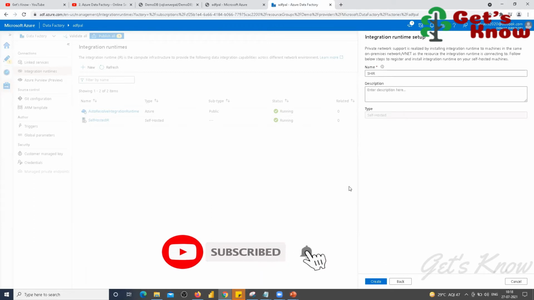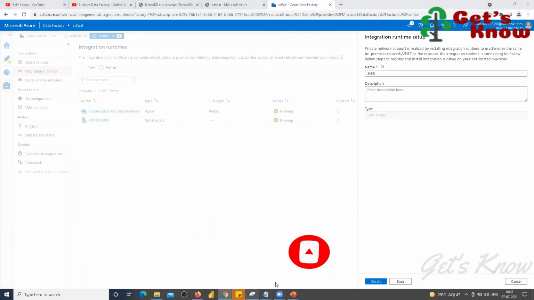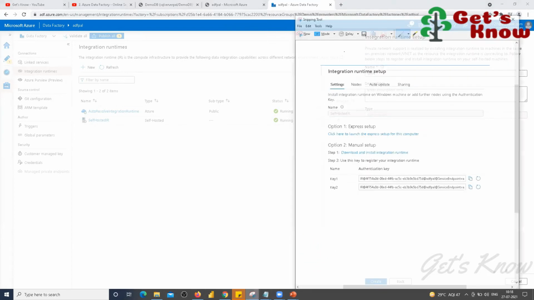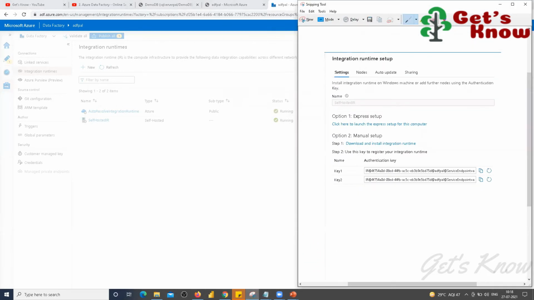Actually, how do we create the self-hosted IR the first time? See here, the first time it will ask for the integration runtime settings. We have to do it first.